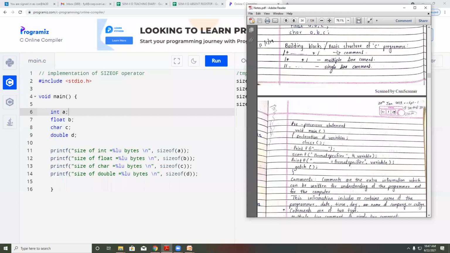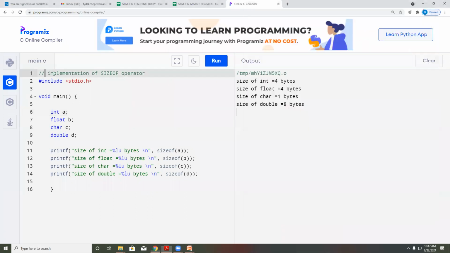Yes, in the building blocks, these are the comments, like slash and star. If you write a number of lines in between star and slash, it is nothing but a multi-line comment. If you want to comment only a single line, you have to give a double slash. So only that line will be in the comment.